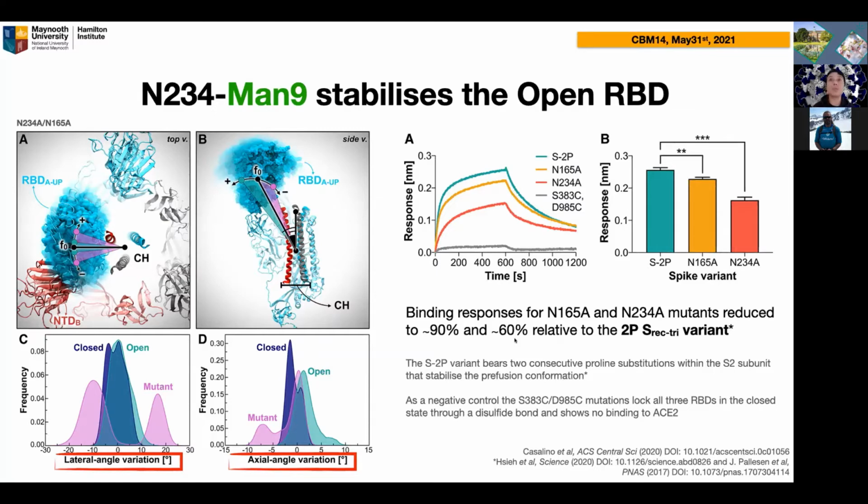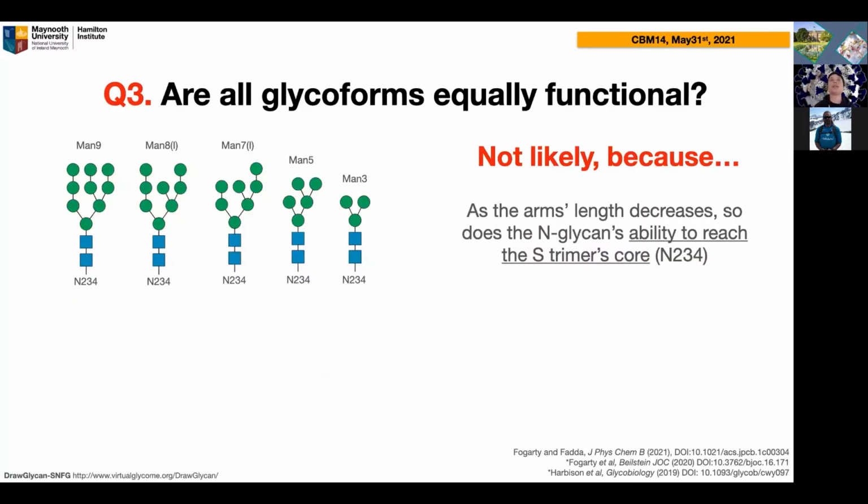So the question 3 at this point is: are all glycoforms equally functional? What we had was a MAN9, which together with MAN8 has all terminal arms, arms with monosaccharides all occupied. What if we put a different glycan there, a smaller glycan, for example? Would that change the function of the spike? Well, we think so. Not all glycans are equally functional, just because of what I said earlier,